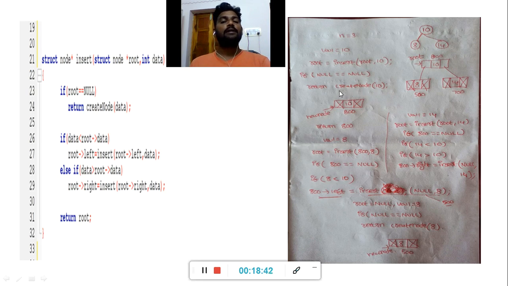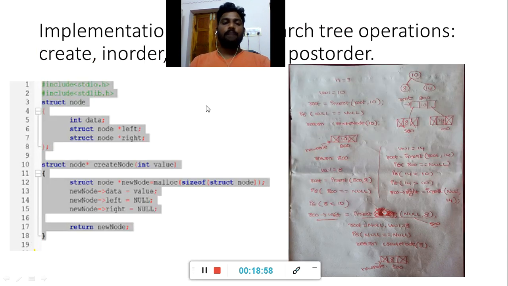Here create node is also a user defined function name. Once it is used, we call the function. Once the function is successfully called, the controller moves to the implementation of the function. In the implementation of create node, the int value is received as 10. The create node function is used to create memory for a node. For that memory we use the dynamic memory allocation function. First, with the help of the malloc function we can create a single block of memory.